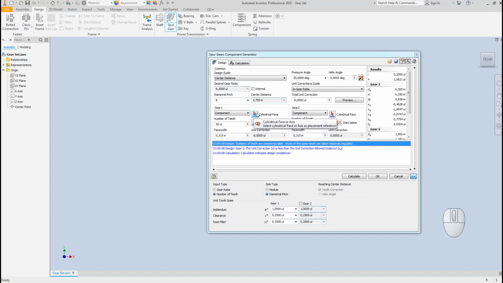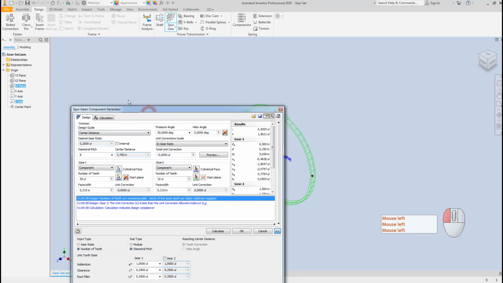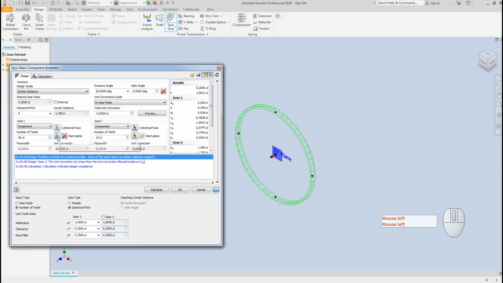I would like to have the first gear cylindrical face will be on z-axis, and the cylindrical starting plane I need to have on YZ plane by selecting this one. When I have just selected this one, select the cylindrical face, the gear component 1 is set to this one,